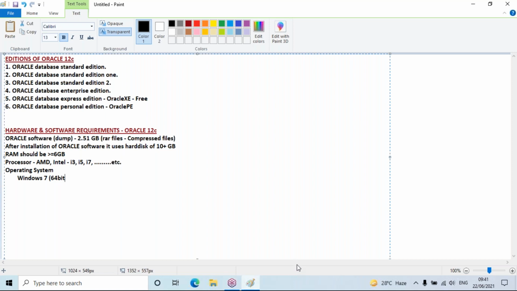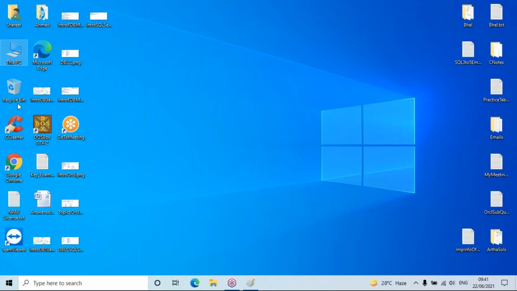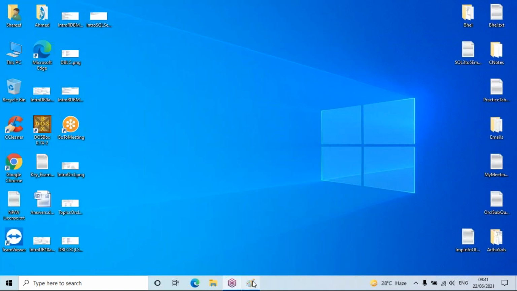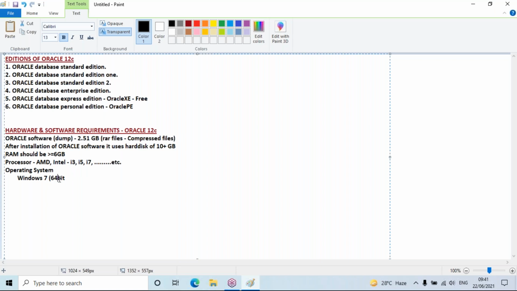Check mine once, Windows 10: right click, properties. Here it is 64-bit OS. Windows 7 also comes in two ranges, so which one should it be? 64-bit.